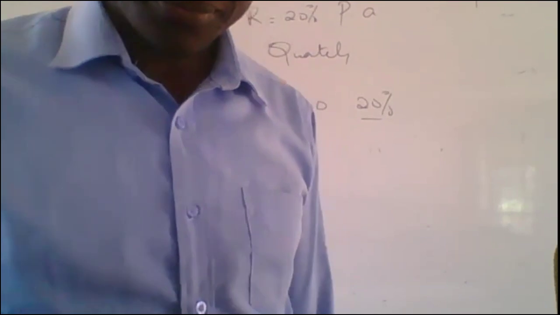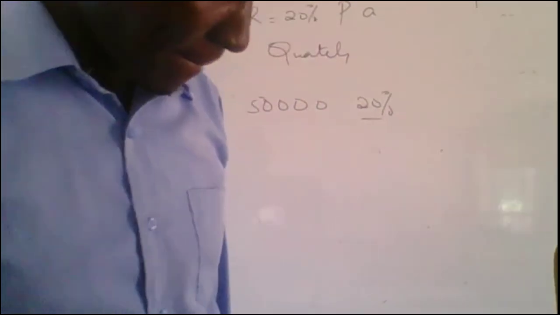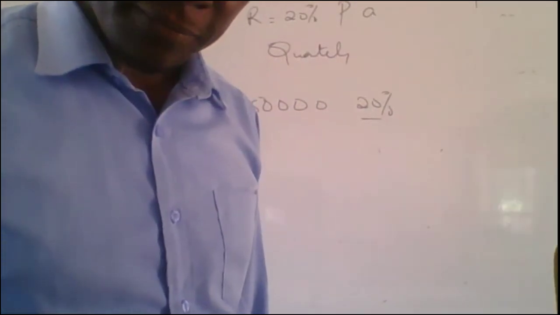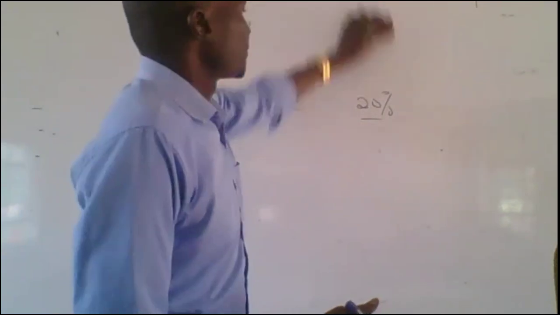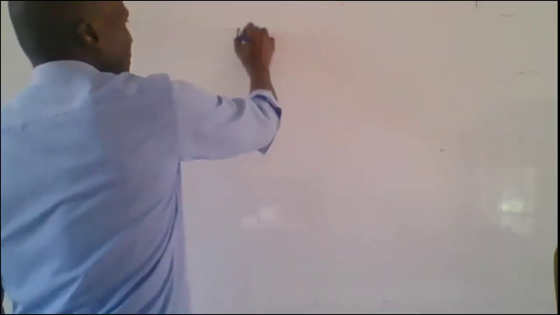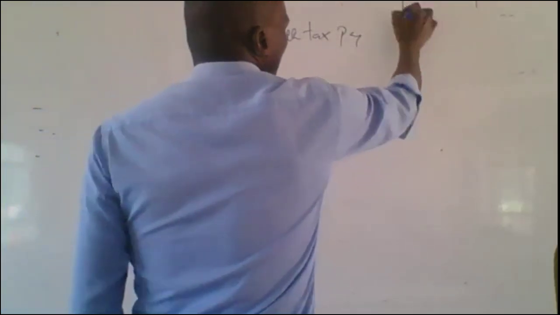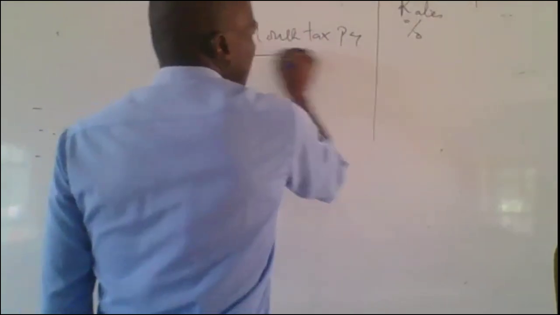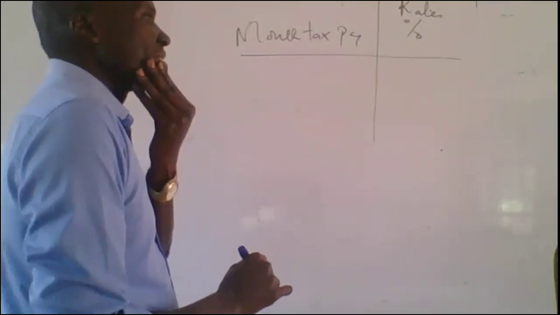Okay, Otieno Martin? I have two questions. One is on the tax rate. You are given a table of monthly taxable pay and the tax percentage rate. On the column of monthly taxable pay, we have